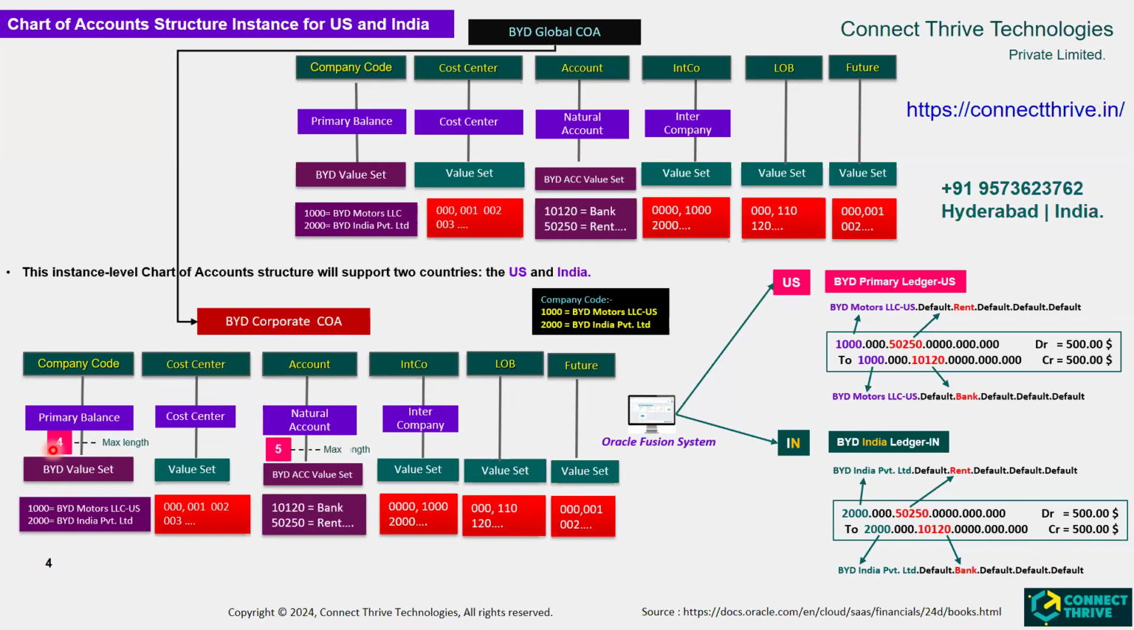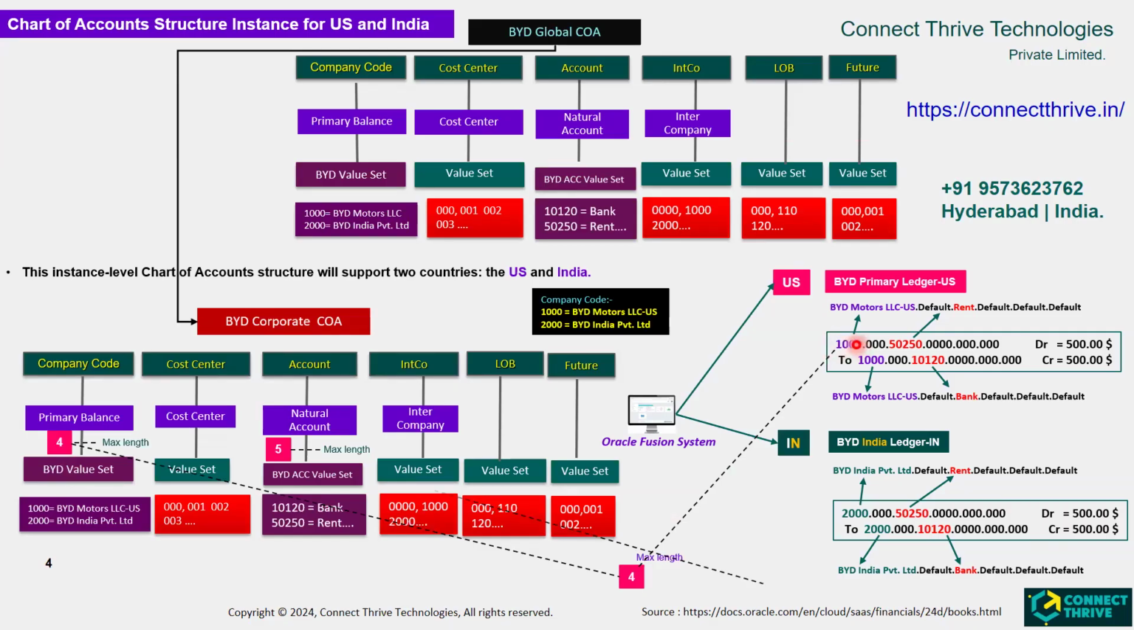Here I have given a maximum length of 5 digits. The maximum length of 4 digits will represent the value while booking your respective transaction based on the ledger. Whenever you book a transaction using this US BYD primary ledger, it will verify your ledger. Based on that, it will check your chart of accounts and the value set codes we have. Under that, whatever values we maintain will come into here with a maximum length of 4